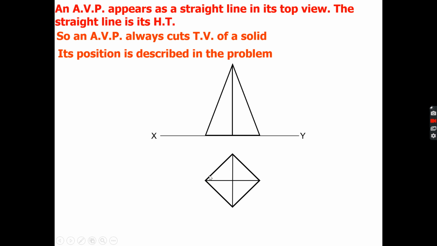Suppose I want to cut the solid like this. So it will be inclined to the XY line. If you are seeing the top view, this XY line is nothing but the top view of the vertical plane. So this line is inclined to the vertical plane, or by definition, it is the AVP. If I cut it, your solid will look like this. How you will draw this portion, I will show you by use of an example problem.